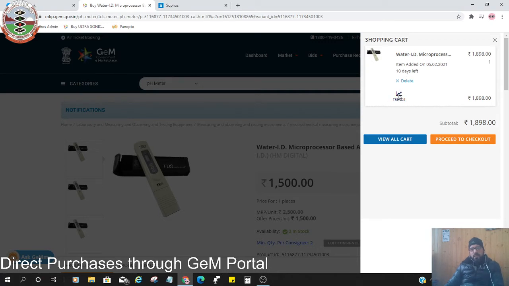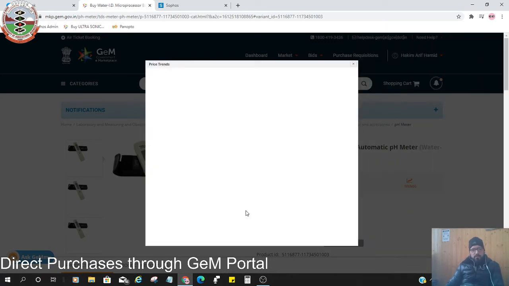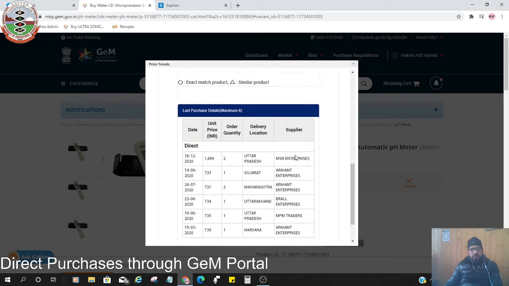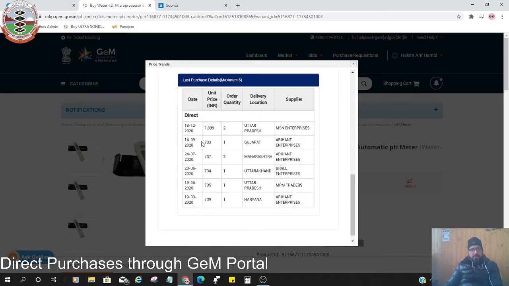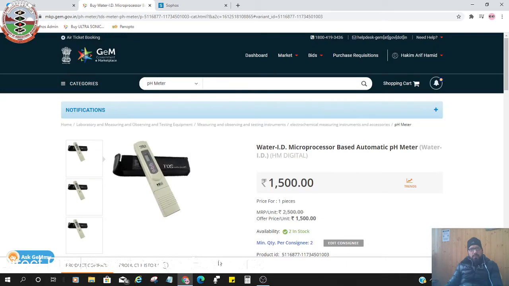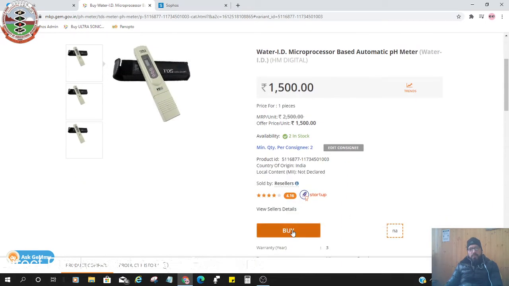You can click on that icon so that you may know that the same product has been purchased for this amount of money. You can see the same product has been sold at 1899 rupees in Uttar Pradesh, 730 in Gujarat, and in Maharashtra. Likewise, you can get a printout of it for audit purposes. Otherwise, you don't need to do all this.